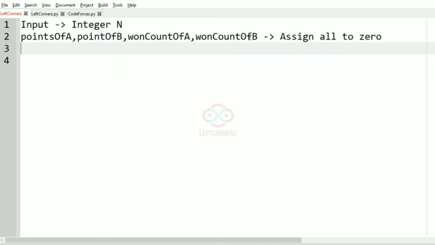And after this we have to iterate our loop from 1 to n,